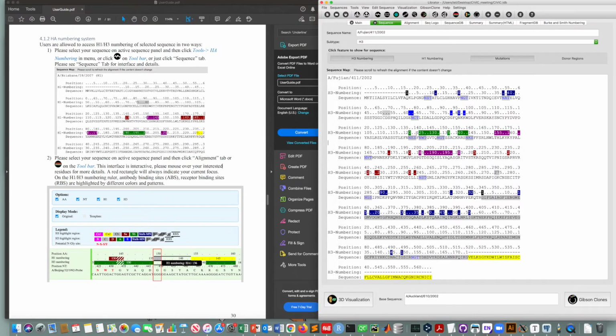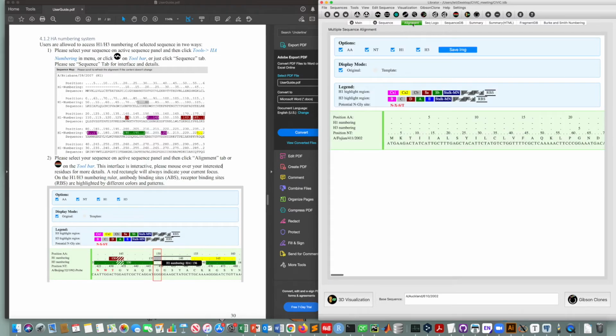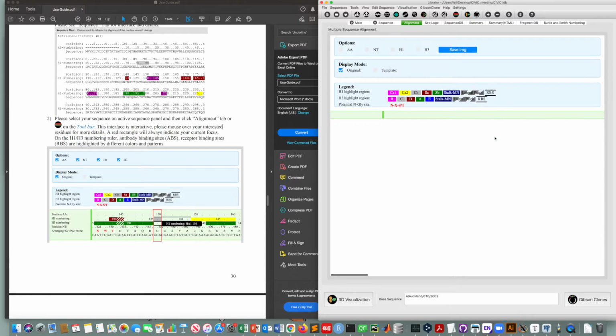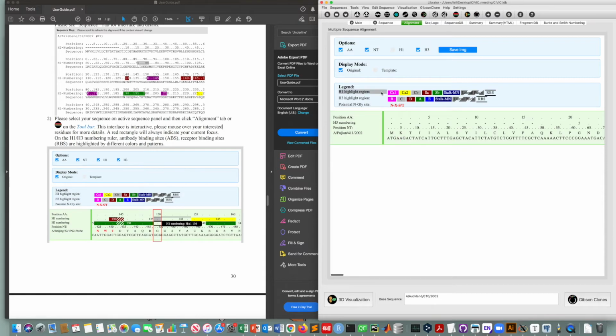And we also designed another viewer which is more interactive for users to access their HA numberings. Users can just go to the alignment tab, then their sequence will be aligned against those H3 and H1 sequences, and it is quite similar to the previous user interface. As we can show here, we show all the amino acid sequences, nucleotide sequences, and also the H1 number router and H3 number router. Users can choose to display any of those or just hide some of those. For example, here we only show H3,